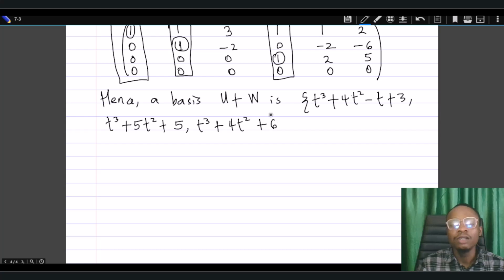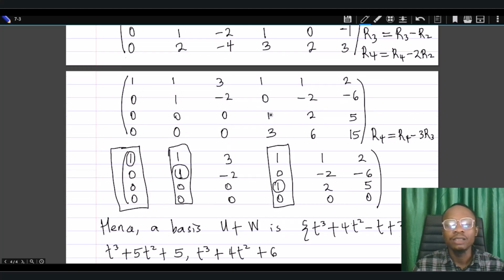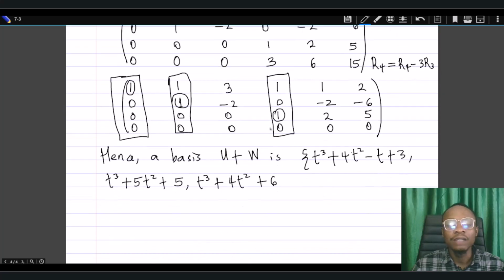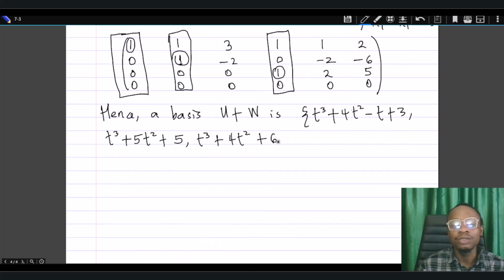Okay, so 1, 4, 0, and 6. That is what we have on the first column here. And with that, we are good to go. We have now found a basis for u plus w. Okay, so we say that this is a basis of the space. And obviously from this we can see that the dimension of the vector space u plus w is equal